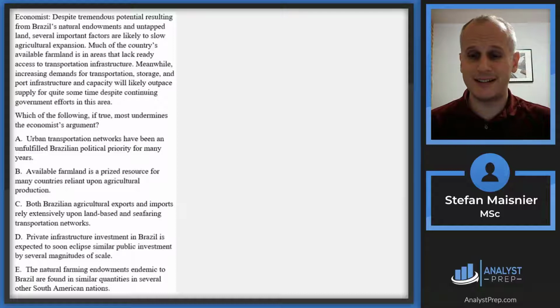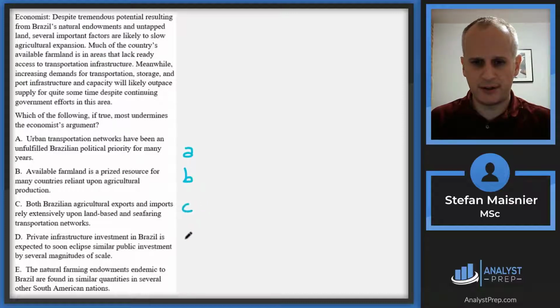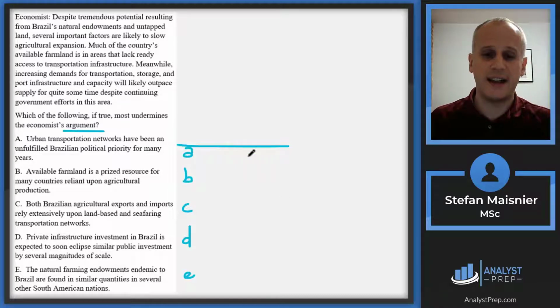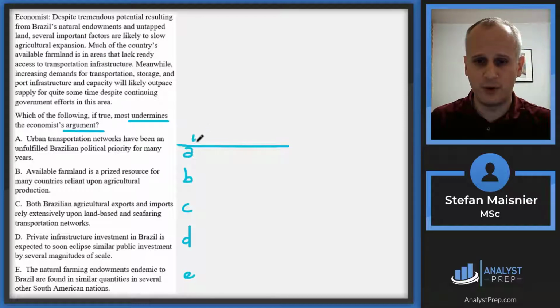Alright, so let's take a look at this first sample question. As always, with critical reasoning, we begin by just writing out the choices A through E, and we skip to the end to figure out what we're being asked to do. And in this case, we see the term argument, so we know we're dealing with an argument question task, and the word undermines is basically just a synonym for weaken. So we want to weaken